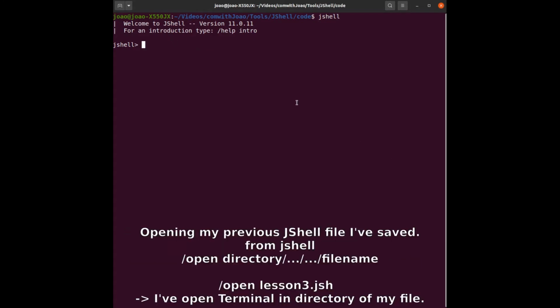Now I'm going to open my saved snippet code that I've saved in the lesson 3 JSH, and I'm going to use JShell's open command. So I'm going to say open like that, and then if it was in a directory, you type in the directory or directories, then the file name. My current directory is already where I've got the file that I want, so because I'm there, all I need to say is